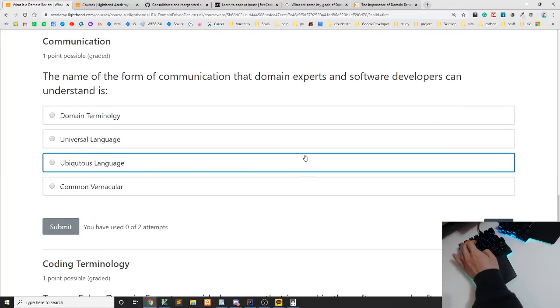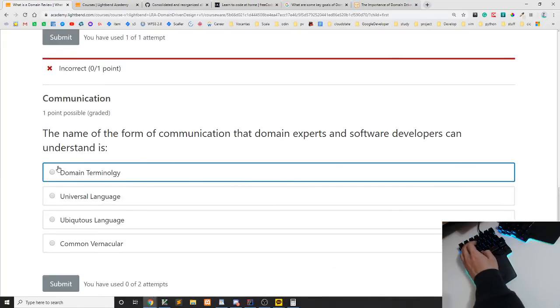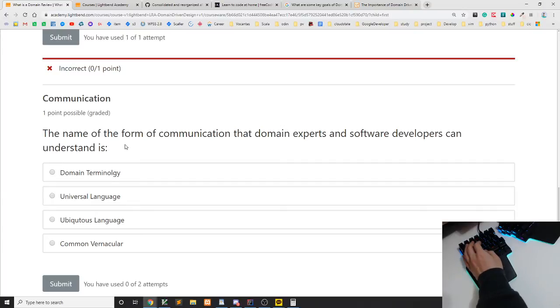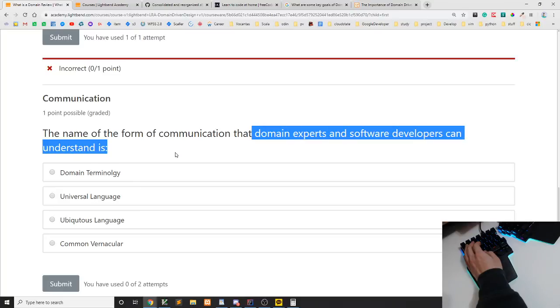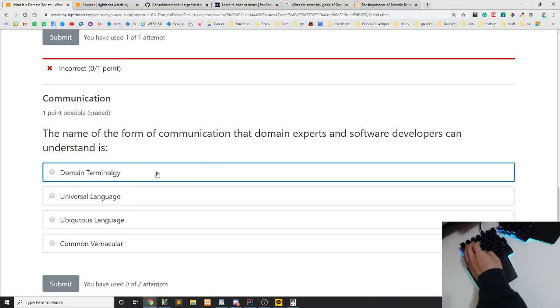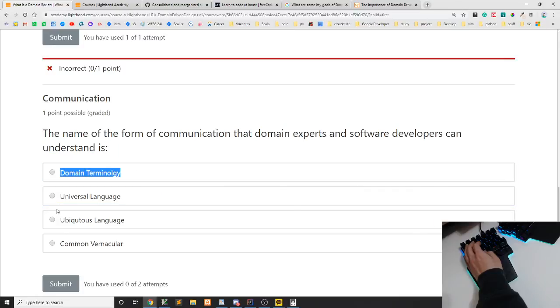I'll type that. The name of the form of communication that domain experts and software developers can understand is domain technology, universal language,